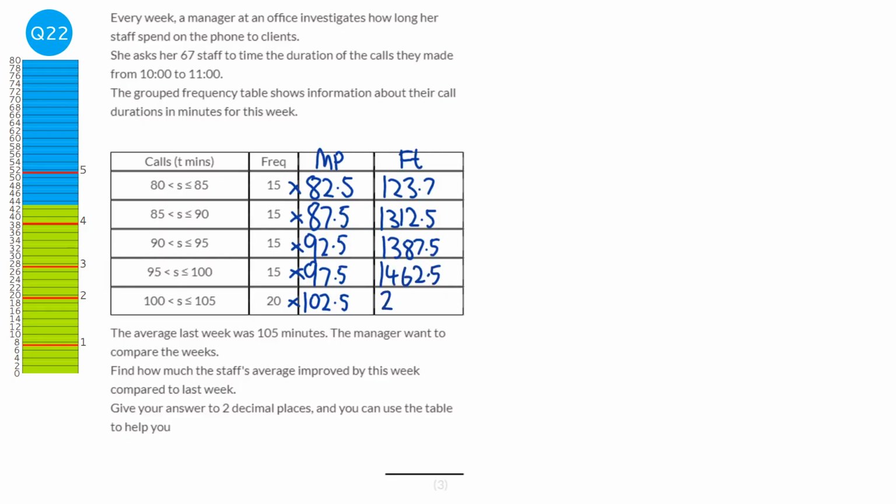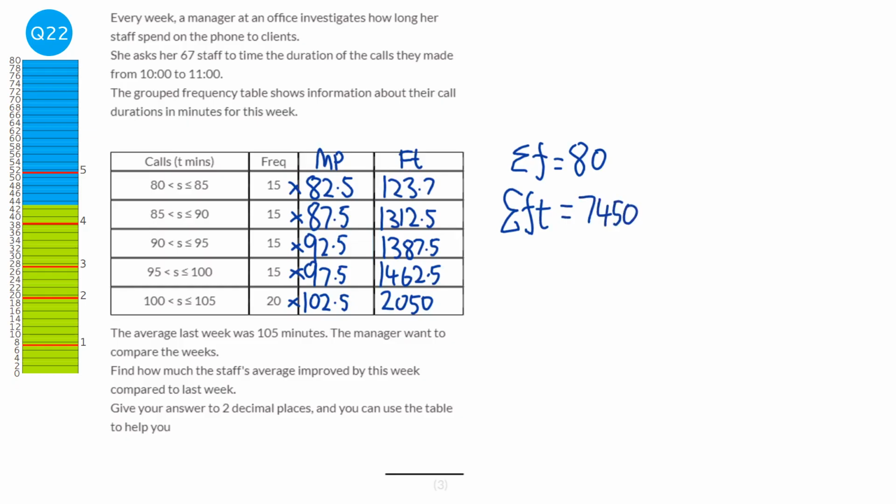And then finally 2050. Right, next we need to add up the frequencies and add up the FTs. So we're going to have the sum of the frequencies. So I'm just adding all this column up, and that will be 80. And we have sum of the FT. And so we're going to just add this column up here. And so that would be